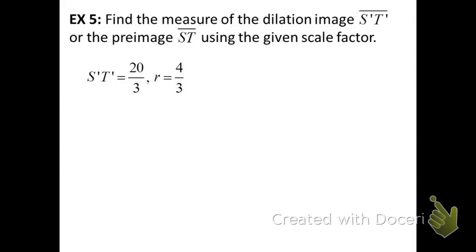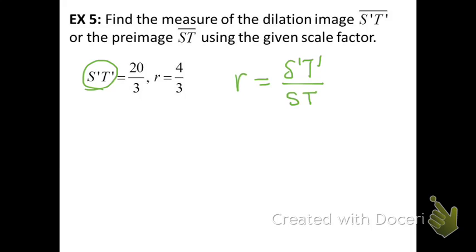Okay, on the last one it says find the measure of the dilation image S prime T prime or the pre-image ST using the given scale factor. So it's going to give you one or the other. Here it's given us the actual image is 20/3, and it's going to ask you to find ST. So if we take the idea that R is always a comparison of the image,